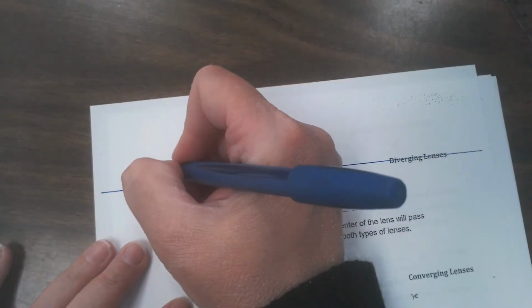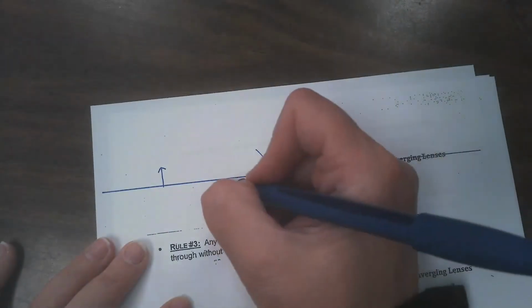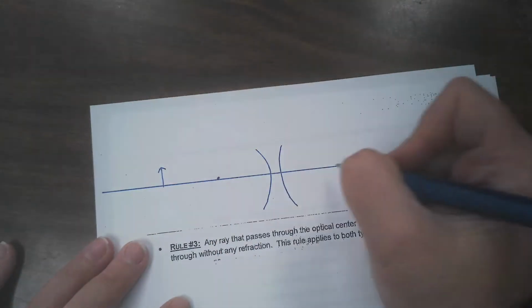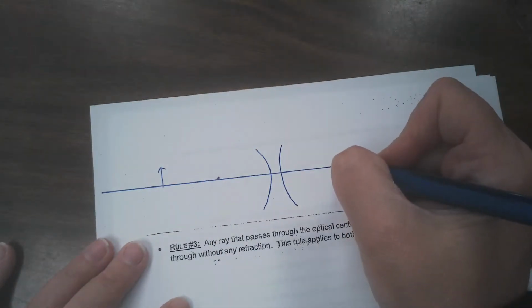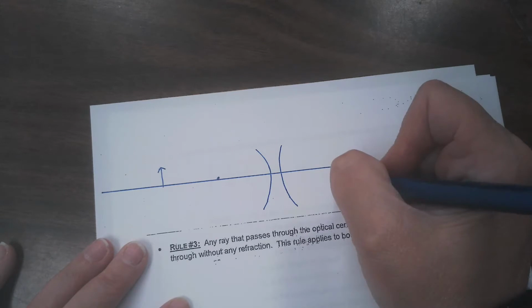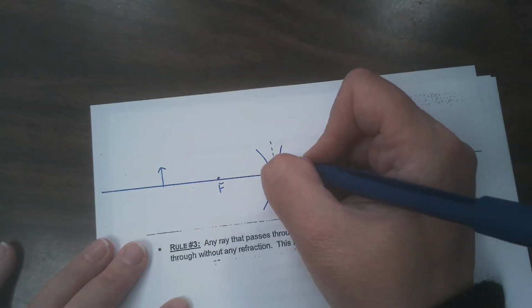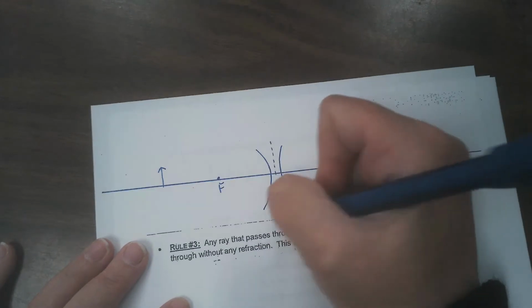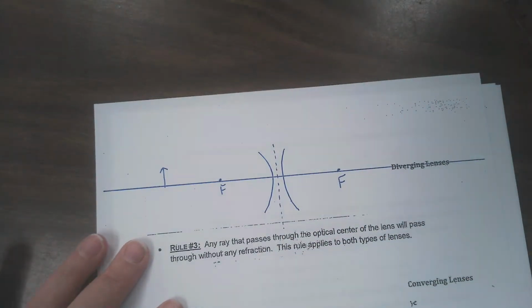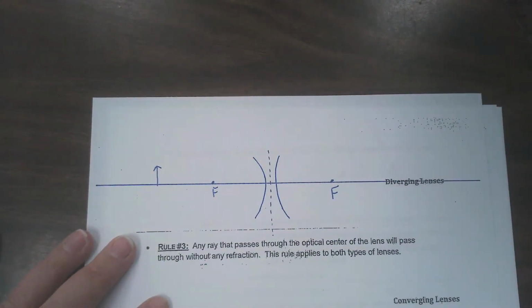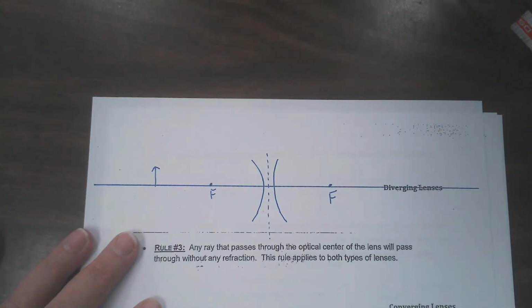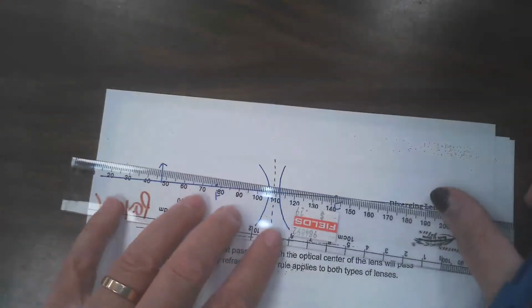I'm going to put my object here. I'm going to give my focal points here and here. Usually they're equal distance from the principal plane. Okay, so rule number 2, what we're going to see here is that it's going to go,